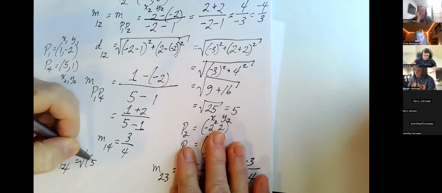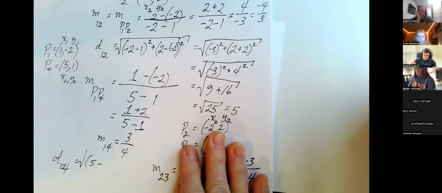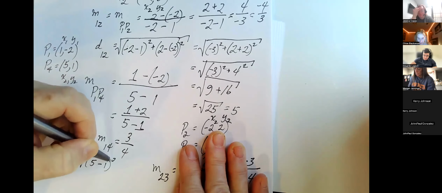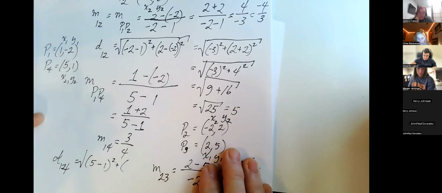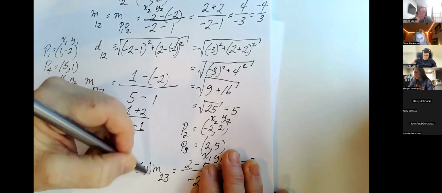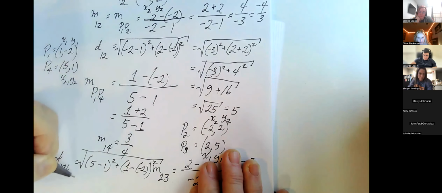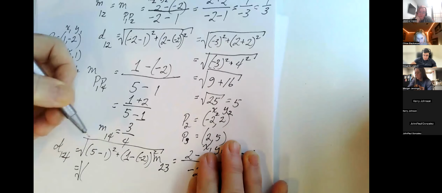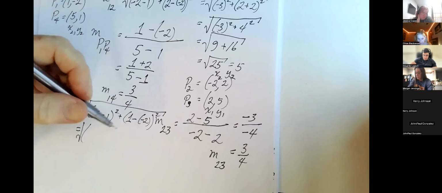So we need X2, 5, X1, 1, Y2, 1, and 1, -2. 5 minus 1, 4,